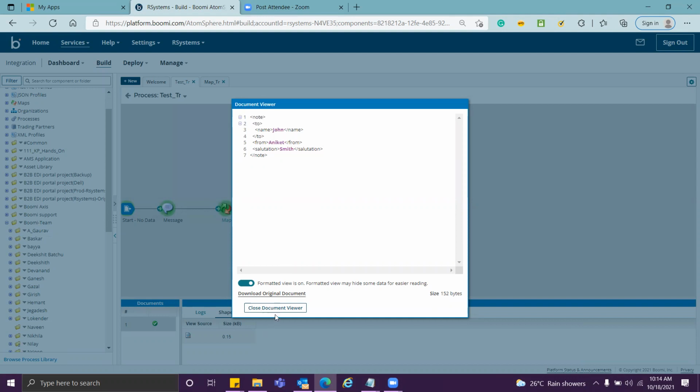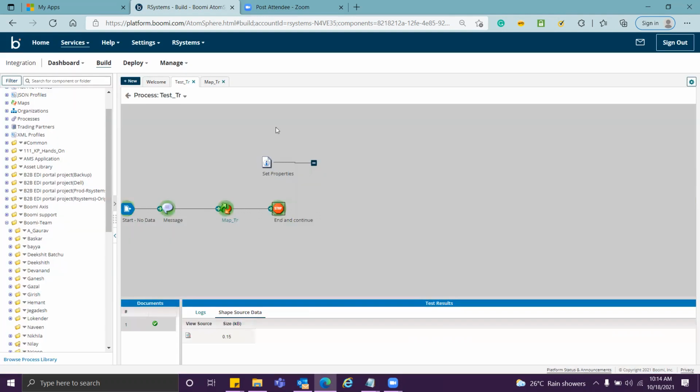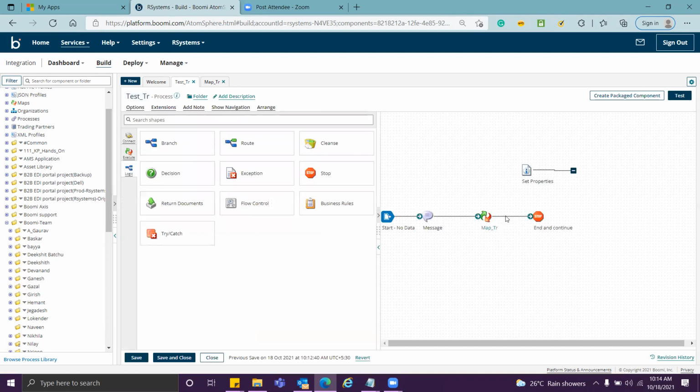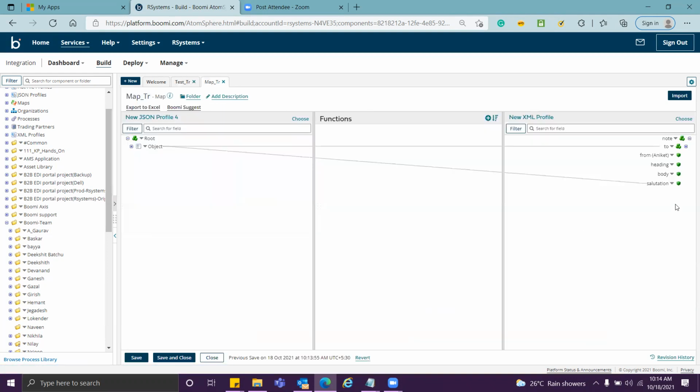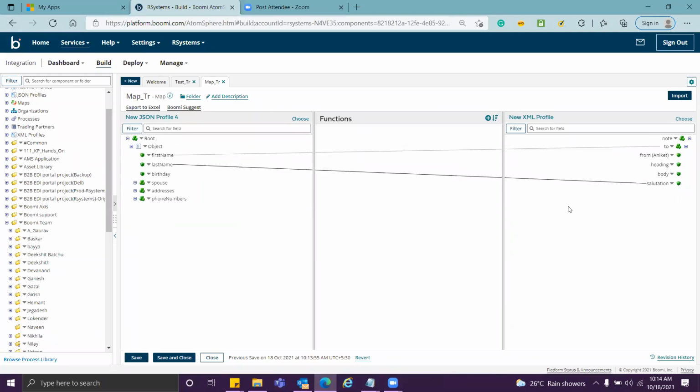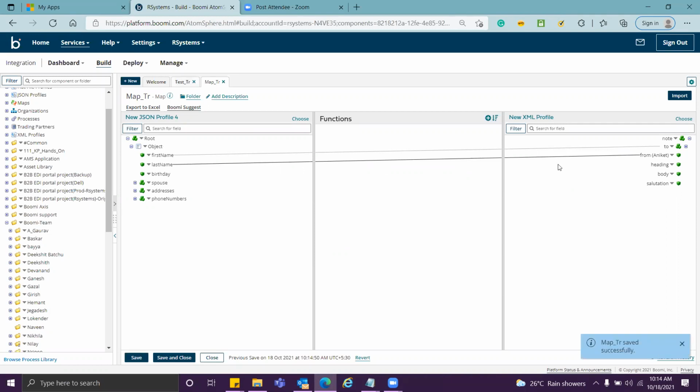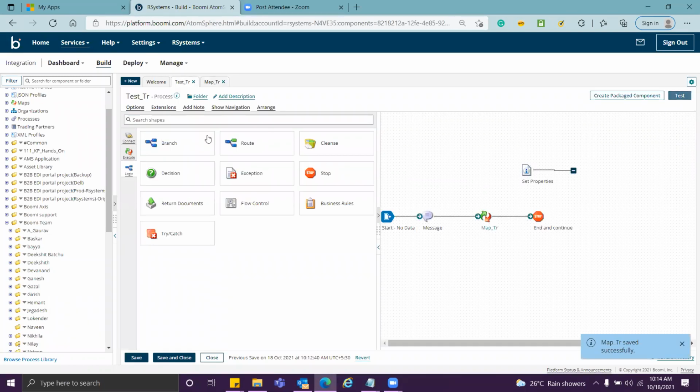Okay. But for this default value, you need to remember one thing: this default value will come only if I have not mapped from. If my from field gets some value, suppose I map it like this, in that case it will take the value which is coming to the map.